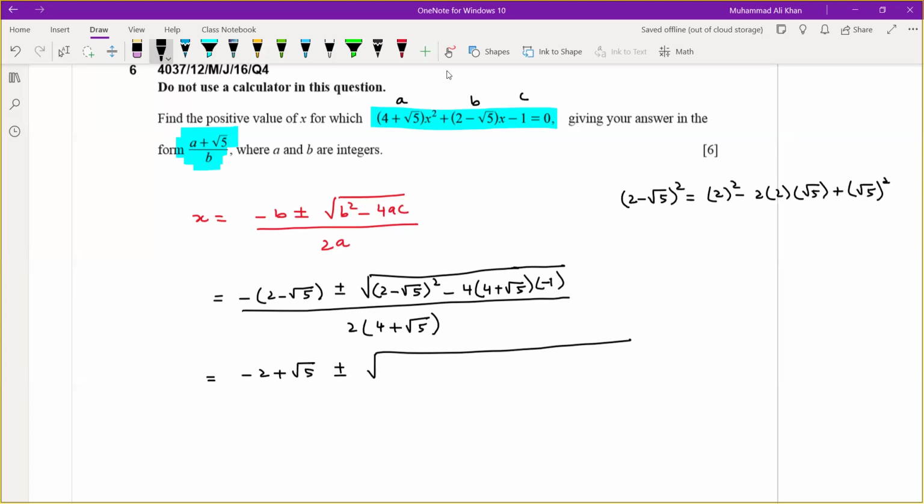So it will be 4 minus 4 under root 5 plus 5. So it will be 9 minus 4 under root 5. So now I'm writing 9 minus 4 under root 5 at the place of (2 minus under root 5) whole square, minus 4 से मल्टीप्लाई करवा, माइनस माइनस प्लस 4 से मल्टीप्लाई करवा दीजिए, 16 प्लस 4 अंडर रूट 5 डिवाइडेड बाय